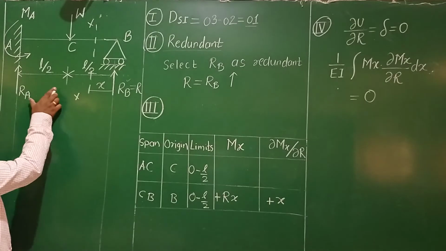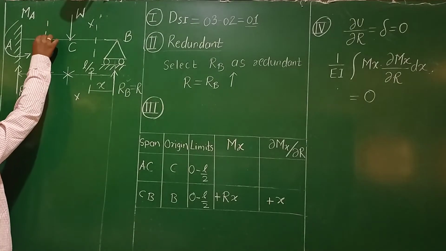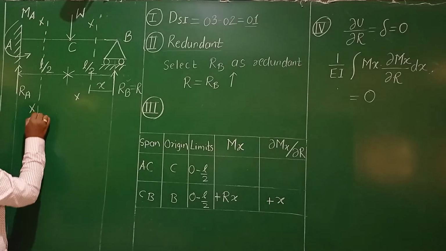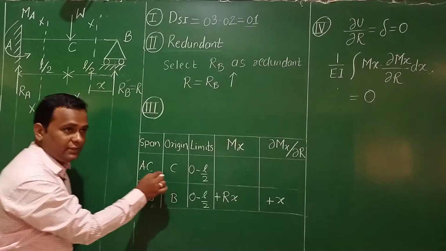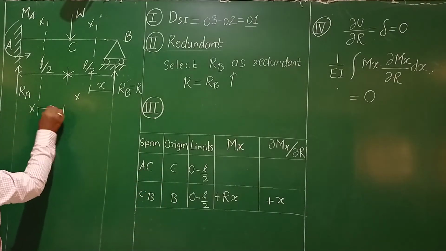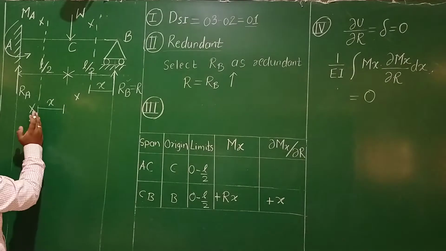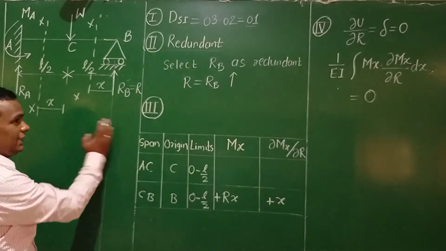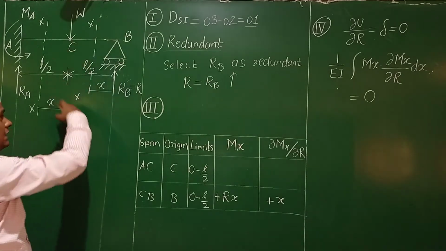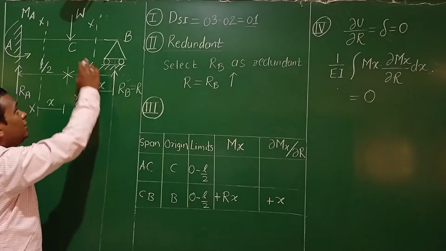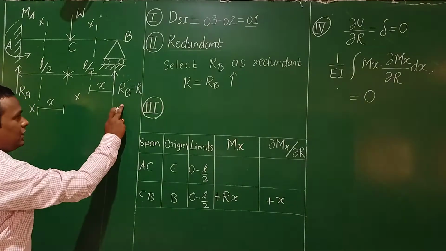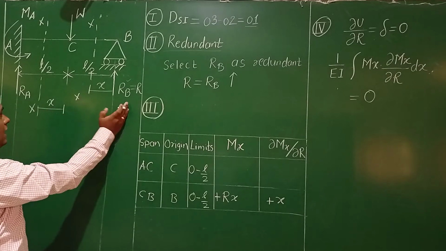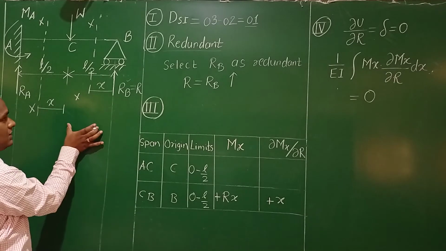Now for span AC, when we consider span AC, take a section XX. Again you consider its distance. Now here to consider its distance, see our origin, it is C. So the distance from point C is x in this case. Okay, now afterwards also to get this Mx, that is the bending moment at section XX, consider the right hand side of this section. So here on the right hand side we have this redundant R and this point load W. Therefore, starting from the moment of this redundant to get Mx, R multiplied by the distance of this R from section XX, here it is x plus L by 2.